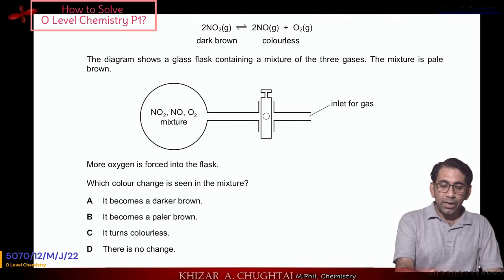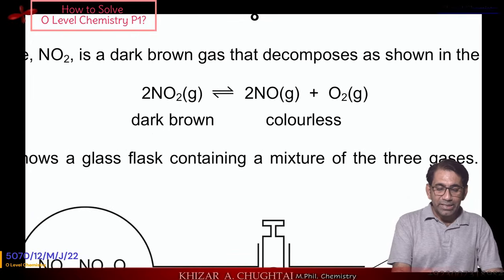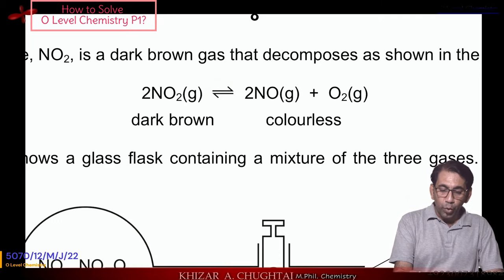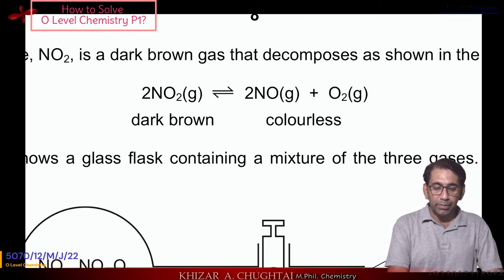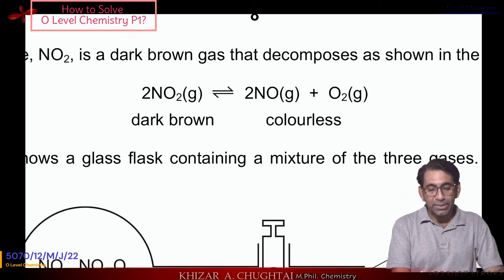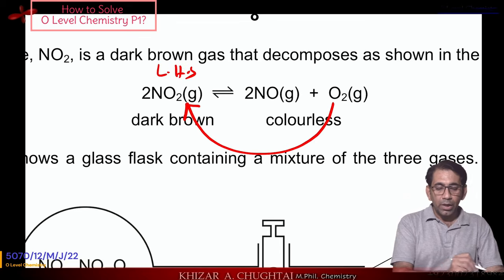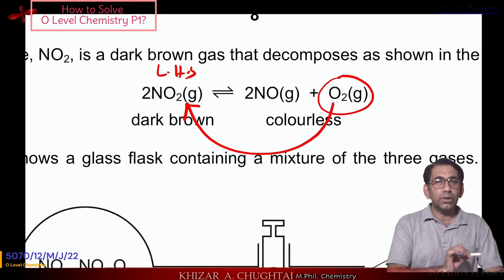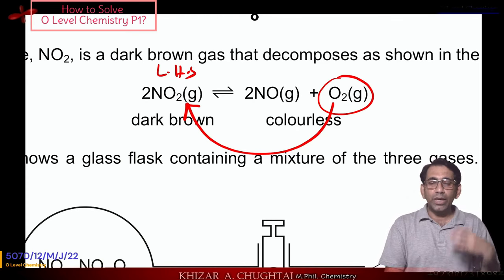It means that we are just going to concentrate on this given equation. It's a reversible reaction, and if you are adding more oxygen, you are going to increase the concentration of oxygen. Then at the stage of dynamic equilibrium, you are going to disturb the dynamic equilibrium status. I mean, equilibrium will shift towards the left hand side. Upon addition of more oxygen, equilibrium will be disturbed and it will shift towards the left hand side to attain